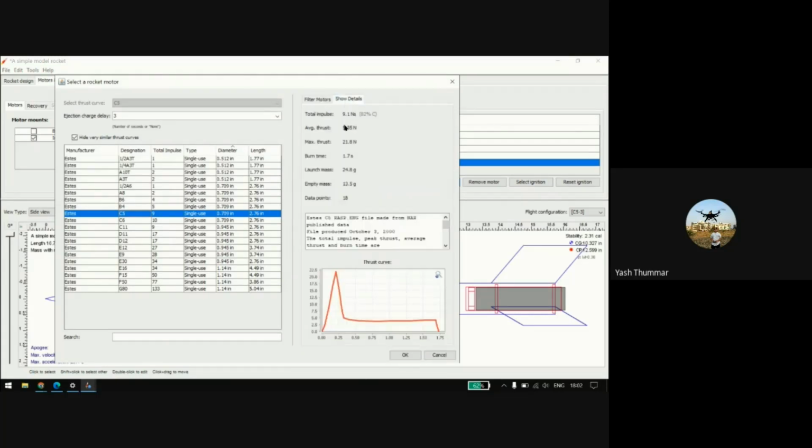It will give the details about the total impulse of 9.1 Ns, and the average thrust, the max thrust, burn time which is only 1.7 seconds, the launch mass, the empty mass, the data points and all things. Here there is a description, and you will find the thrust curve. Okay, with the time it will first give the impulse like this, and then it will decrease, and then go straight in a little time.